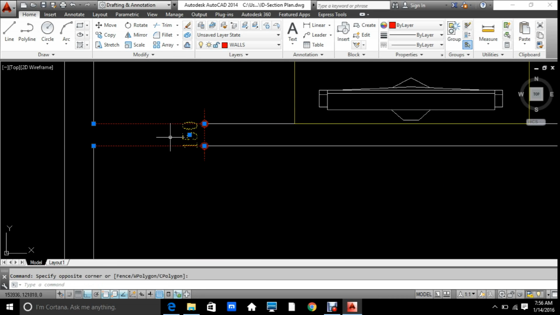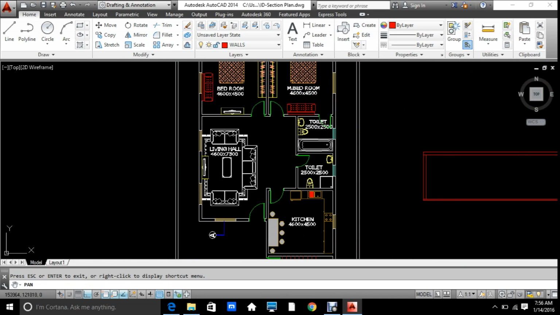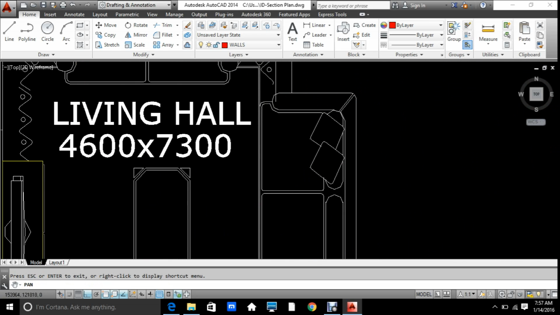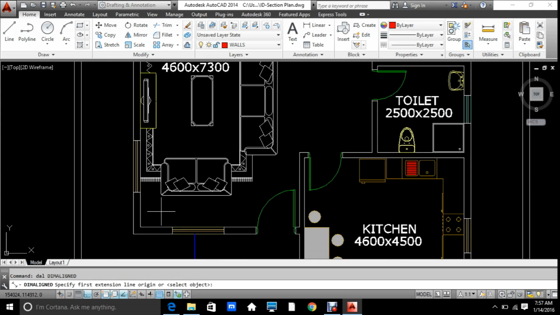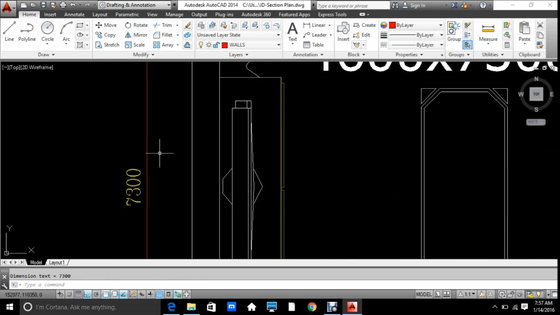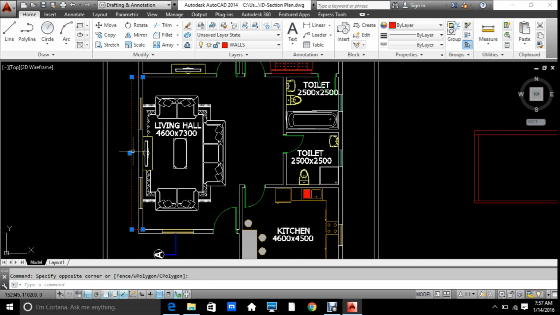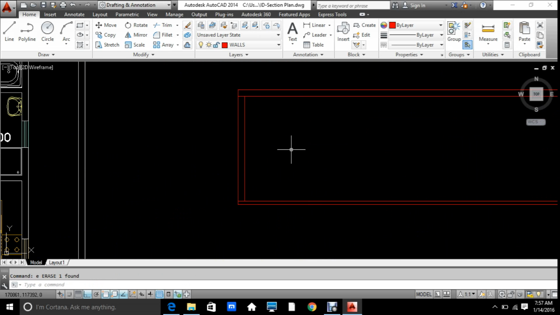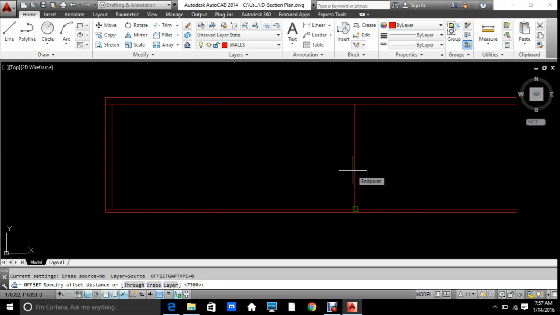150. Okay, after that we have to see what is the distance between these two walls. Okay, that is already mentioned here, 7300. Okay, you can even confirm, just put the dimension from here to here, that is 7300. Okay, so now you can come back and take offset 7300 from this wall, and then the thickness of this wall is 150. Okay,